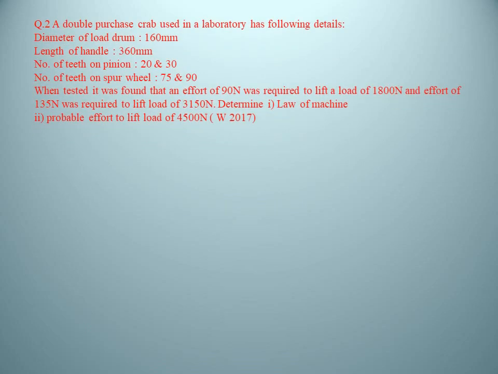Then the second problem. The second problem is on a double purchase crab. A double purchase crab used in a laboratory has the following details: diameter of load drum 160 mm, length of handle 360 mm, number of teeth on pinions 20 and 30, number of teeth on spur wheels 75 and 90. When tested, it was found that an effort of 90 Newton was required to lift a load of 1800 Newton,